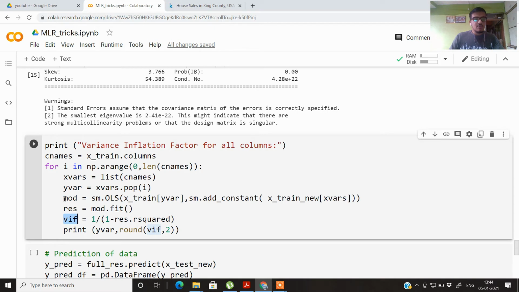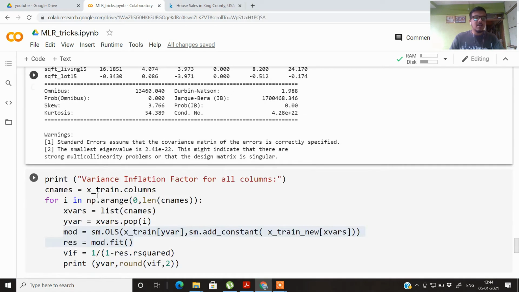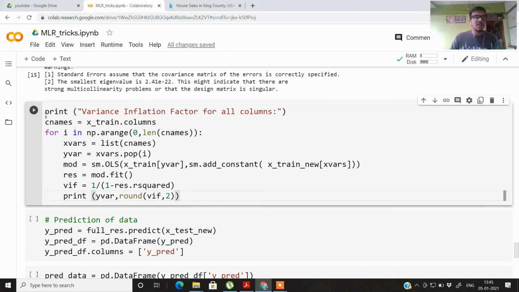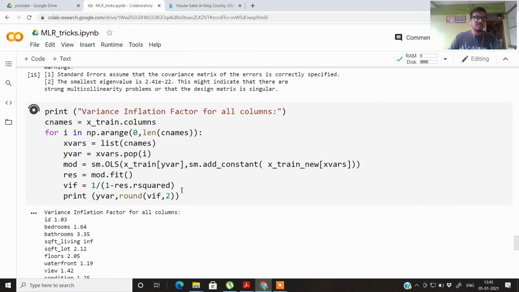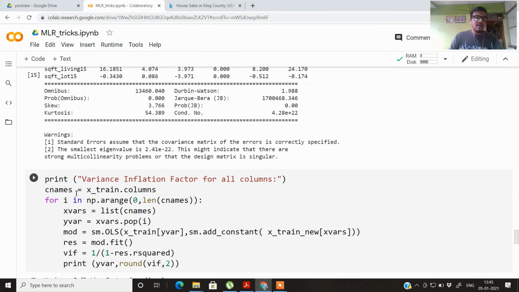So here we are getting the result for the individual column in the data set, and then we are calculating the VIF for the same, and we print it for each and every predictor in our data set. So let's run it. So here we get the variance inflation factor of all the columns in this data set. As a thumb rule, it is said that those columns which have a variance inflation factor greater than 5 should be removed from your dataset in the backward selection process.